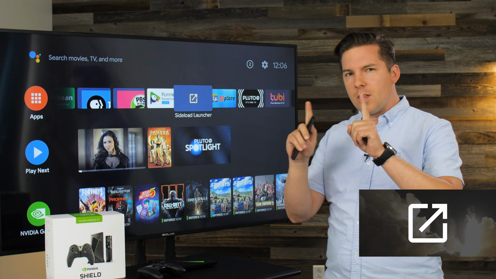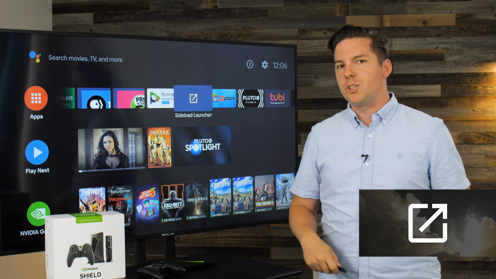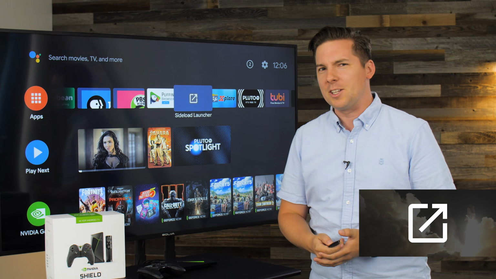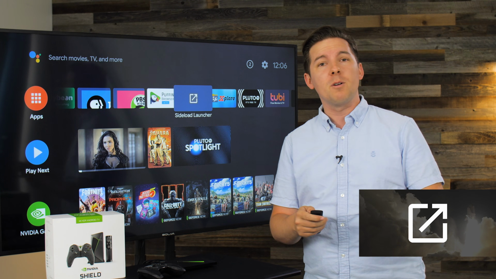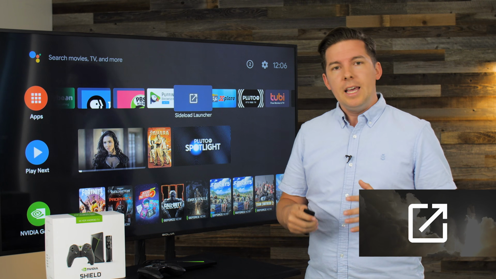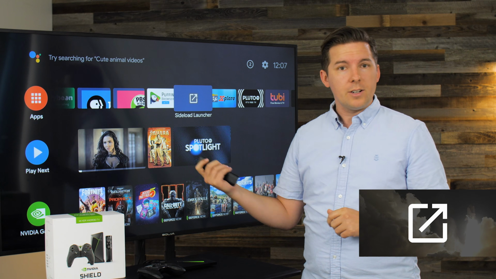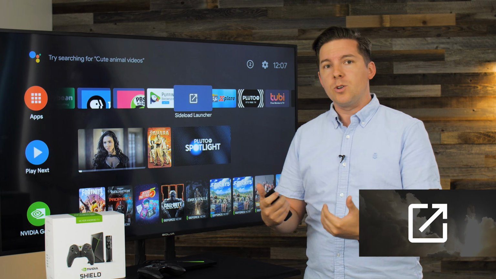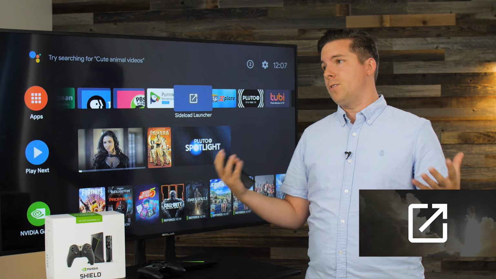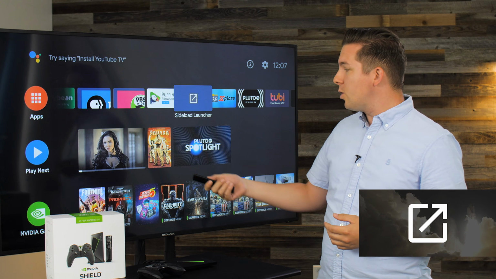So next up is kind of another twofer, and this one is the Sideload Launcher. The Sideload Launcher is going to take a little explanation. Sideloading. If you're not familiar with this, this is something you should get familiar with because you may need to use it. It's used for any time an app that you want to use on your Android TV is not available in the Android TV store, you can sideload it. So for instance, Google Drive. For some reason, that was not available or is not available on the Android TV platform.